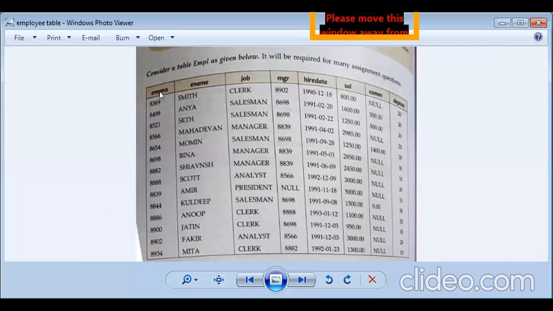Now frame a query for this. The question is: display the employee name and the name length for employees 7548 and 8900.